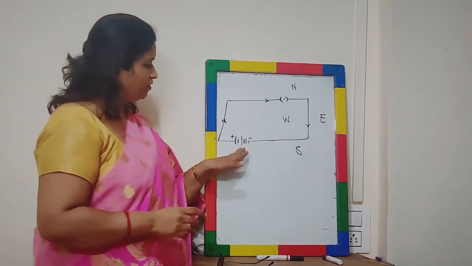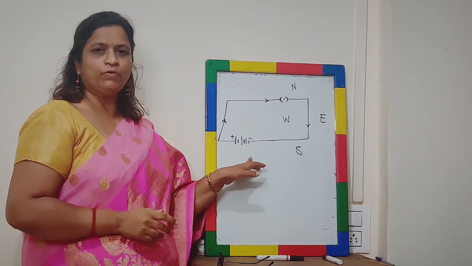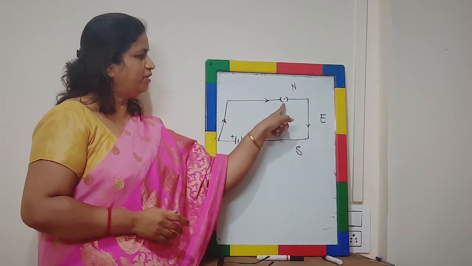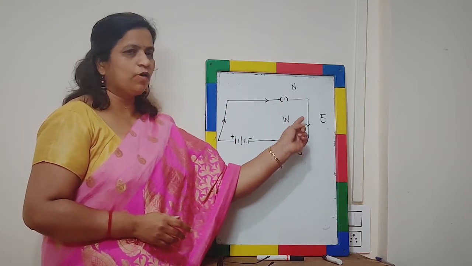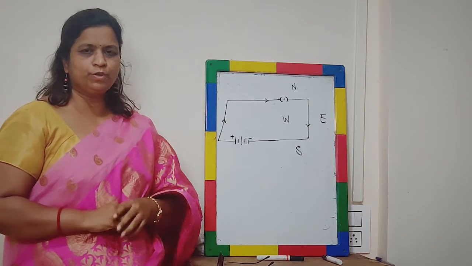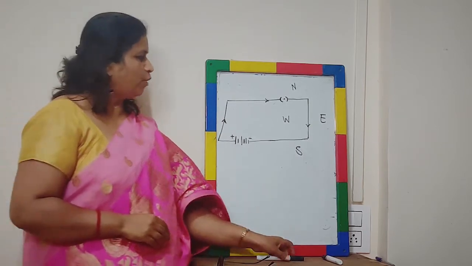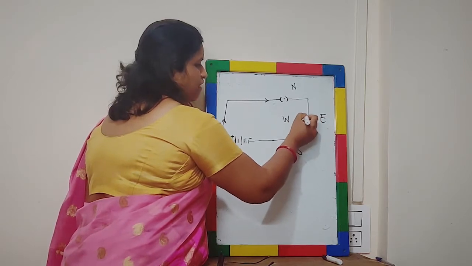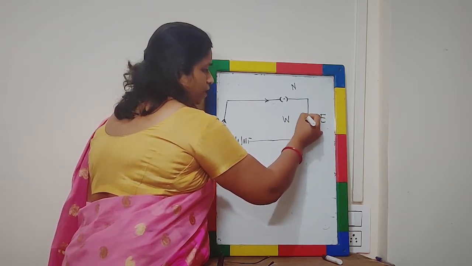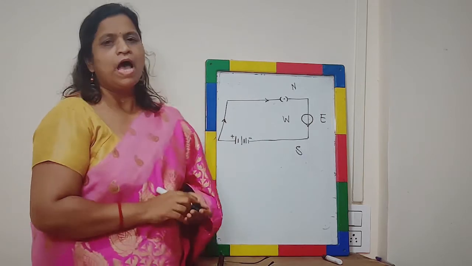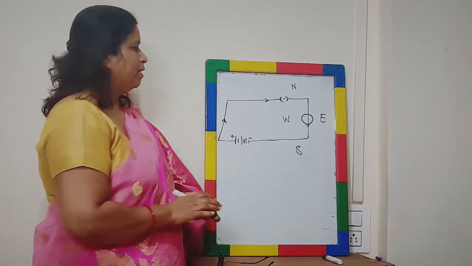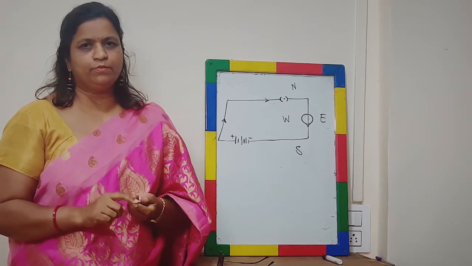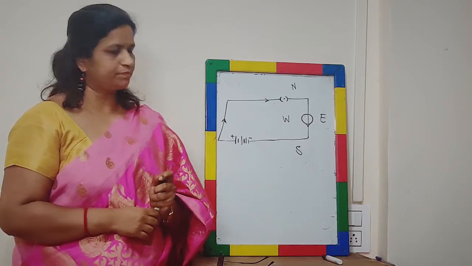Here we have three cells of 1.5 volts each, connected as a battery. Then we have a key here, and we are going to pass the current through this. We are also going to use a compass and put it below this wire. Here our compass needle is present, and whenever current is not flowing, meaning the circuit is broken, at that time the needle and the conductor are parallel to each other.